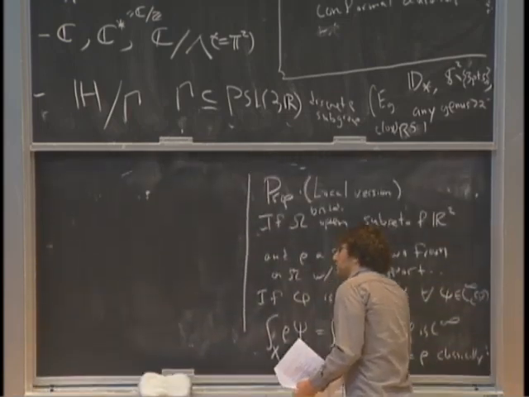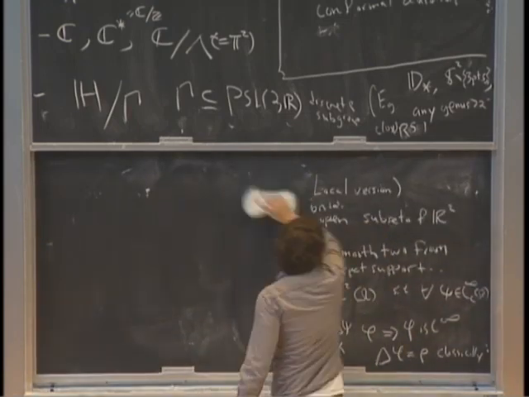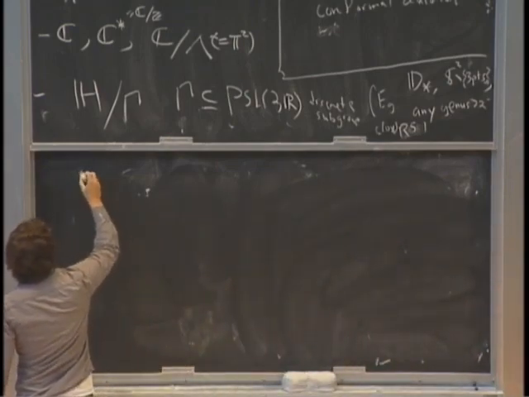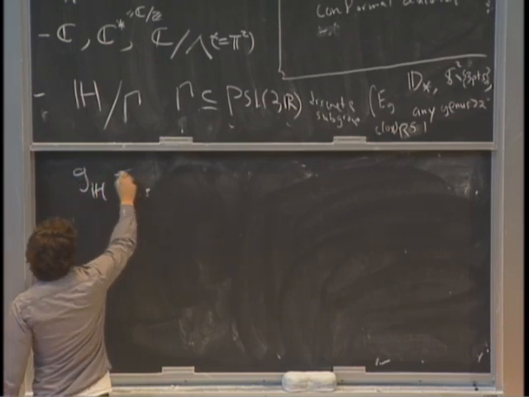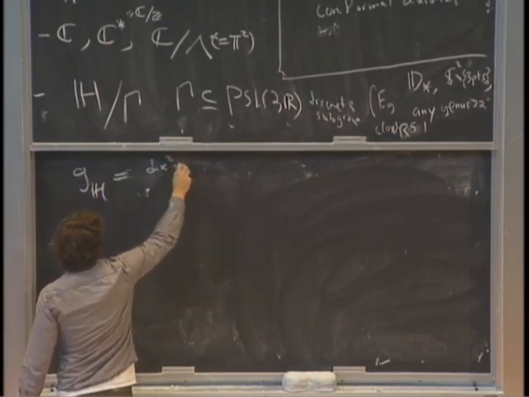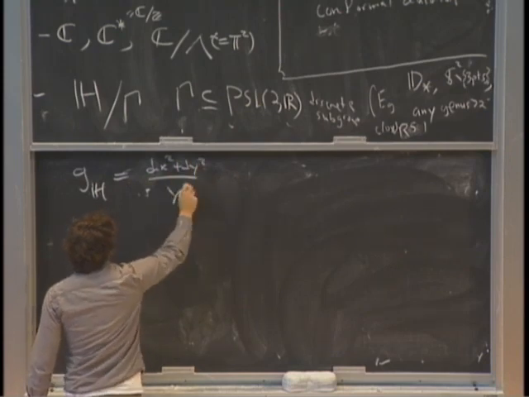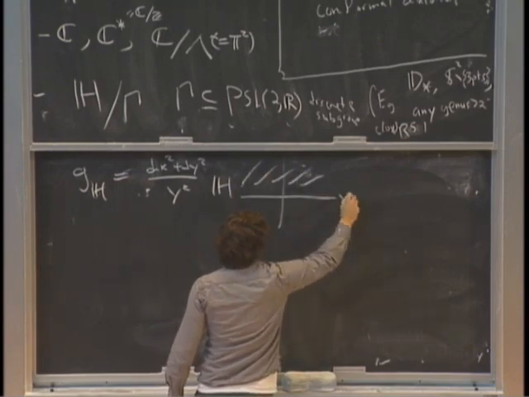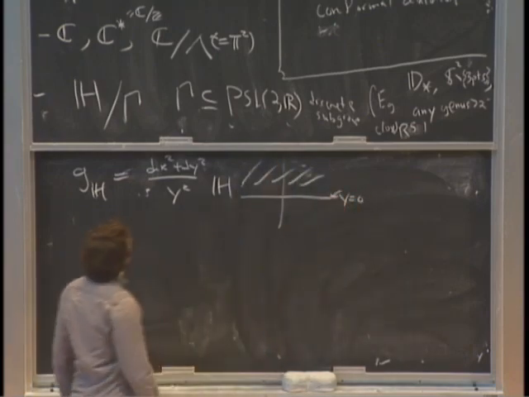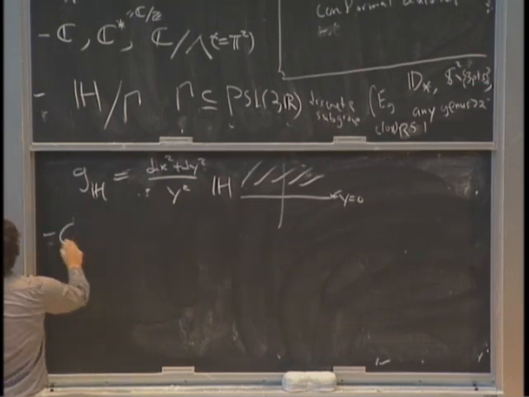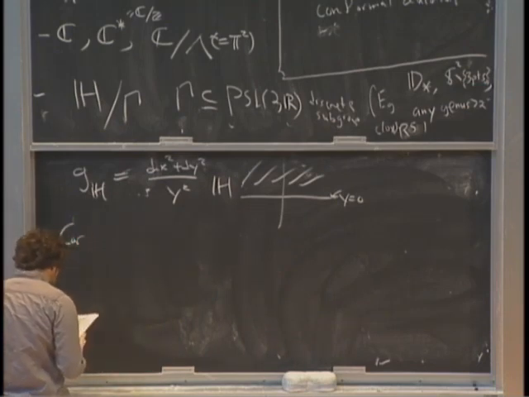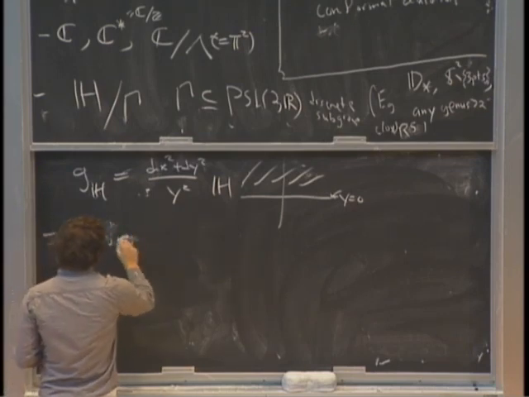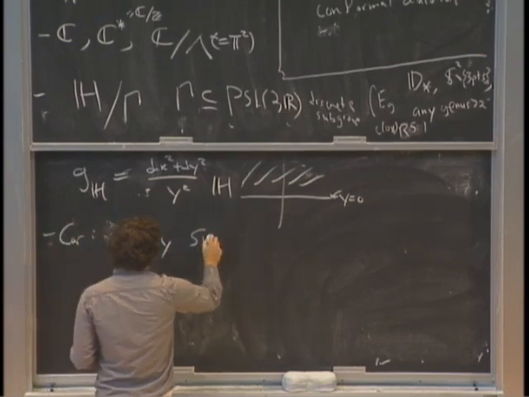It's just the usual metric. Right. So this is G_H. It's just in the standard coordinates dx squared plus dy squared over y squared, where H here is the upper half plane, with the boundary y equal to 0. So the corollary to this is then that every connected surface